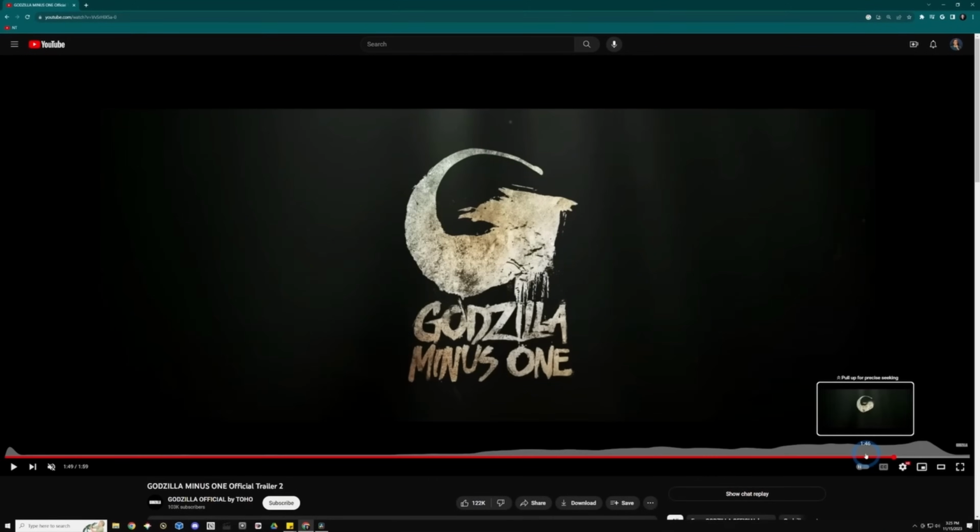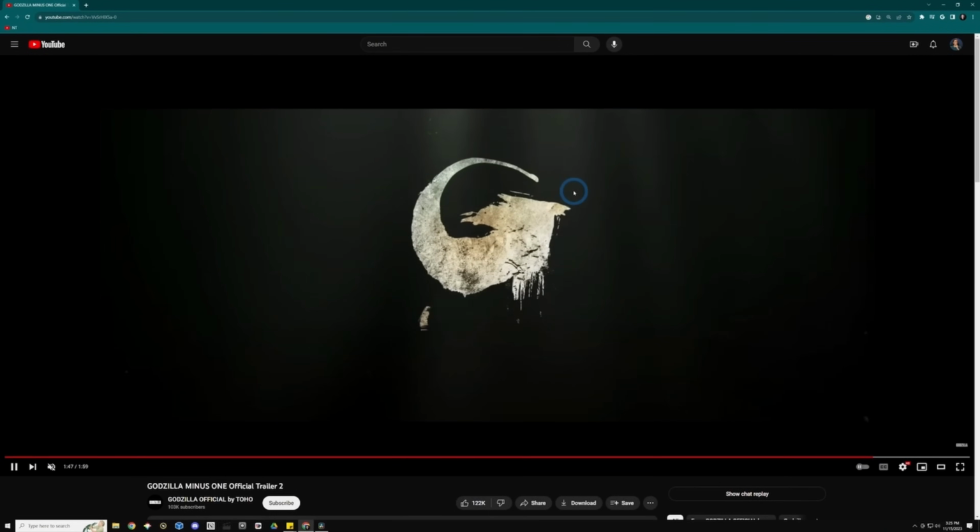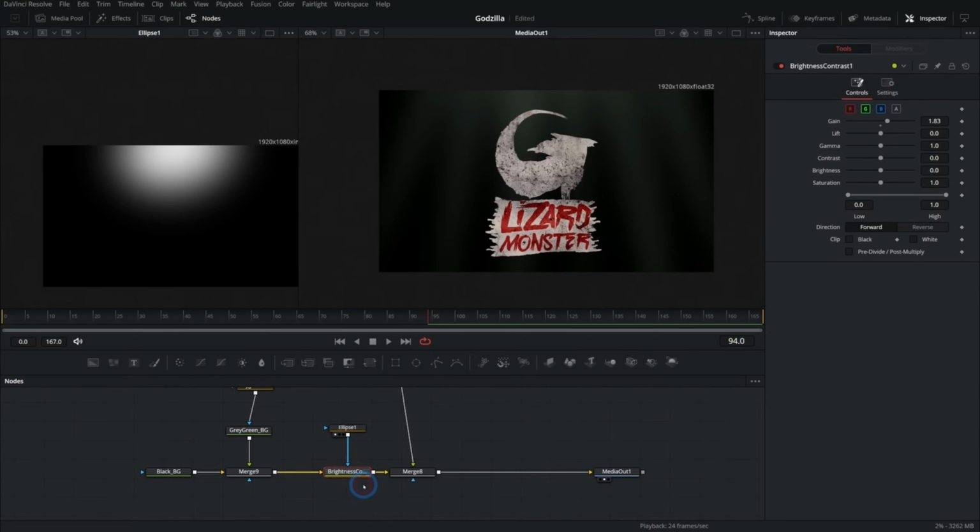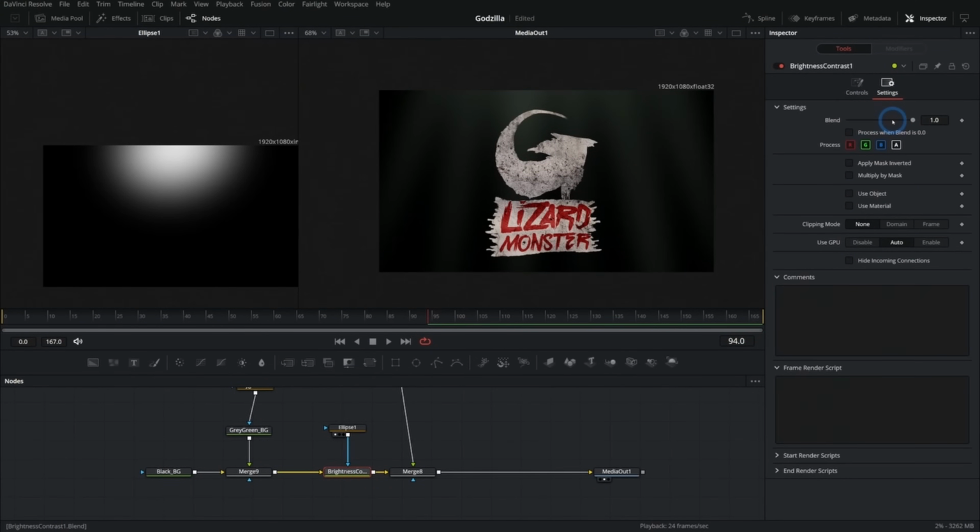It's nice. And there's just a slight amount of flicker here. It's just flickering just a little bit. We can add that flicker by going to brightness and contrast and going over to settings and going to blend. Blend is like the strength of this effect. And if I take it down, we have that all the way down, right? I can take this blend